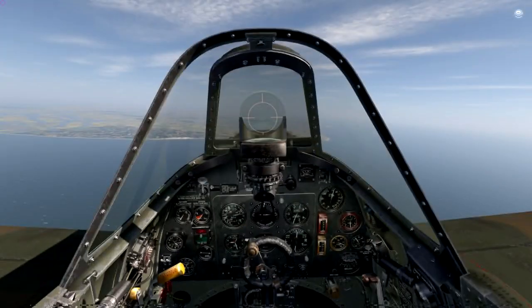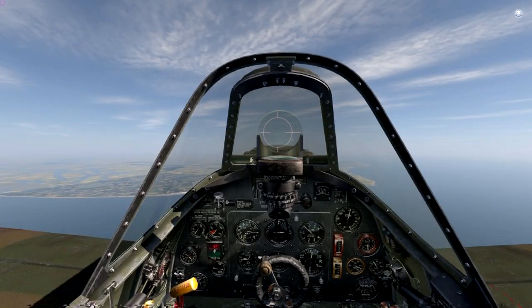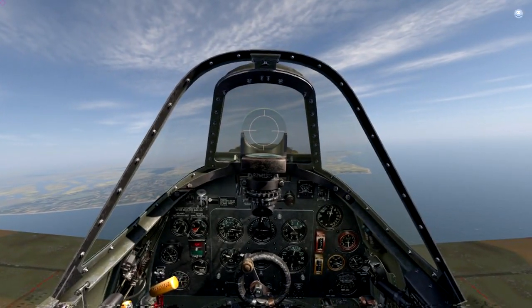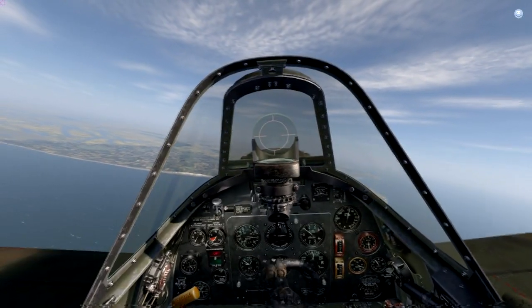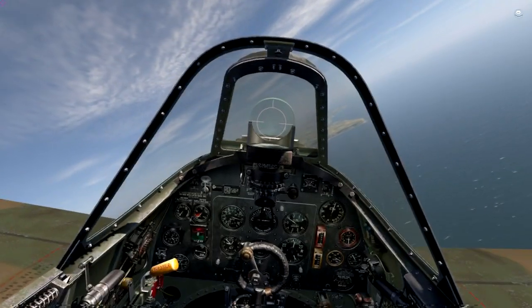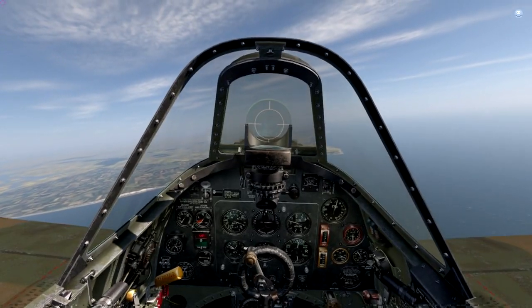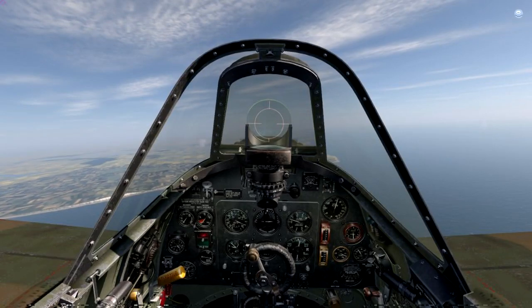Another thing I find very important is to have the plane correctly trimmed, and I have the chance to have a joystick with some free axes. One of them is set to the trim. As you can see, I can easily nose down or nose up at any time, and like for now I